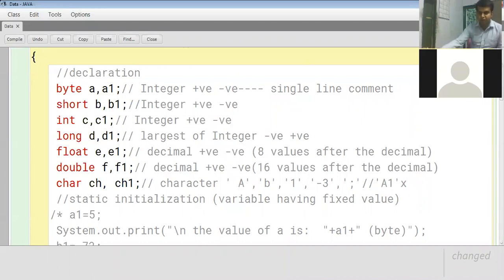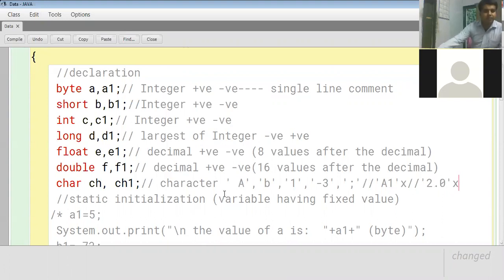Then another example: let's say you are writing 2.0. This is again wrong. 2 is a different character, 0 is a different character. So as you can see from the examples, only one character can be written in the single quotation. Multiple characters cannot be written in the single quotation.